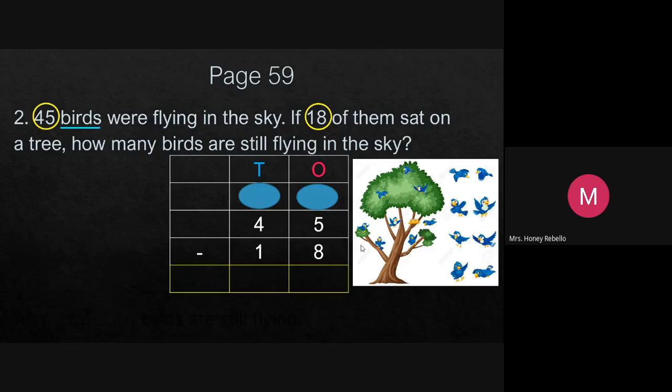Okay, now tell me, 45 minus 18. Just look at the ones place number. What are the two numbers under O, ones place? Tell me two numbers. Please listen to me. Don't look left and right. Now tell me the numbers under ones place. Tell me 5 and 8. Look at the screen. Can you see the screen? 5 and 8. Can you take 8 from 5? 8 is bigger than 5.